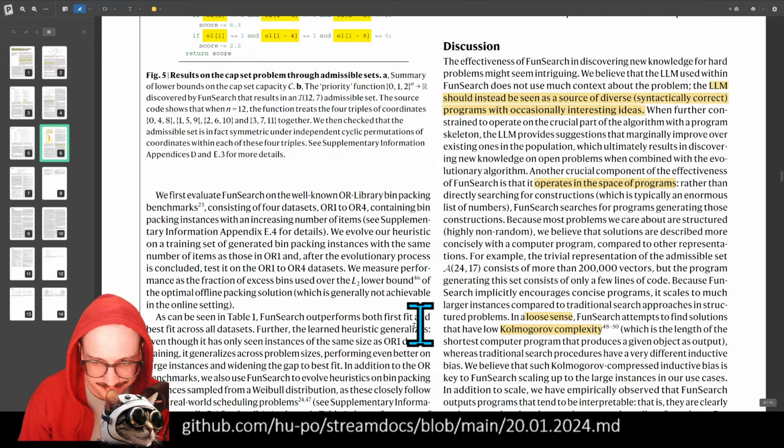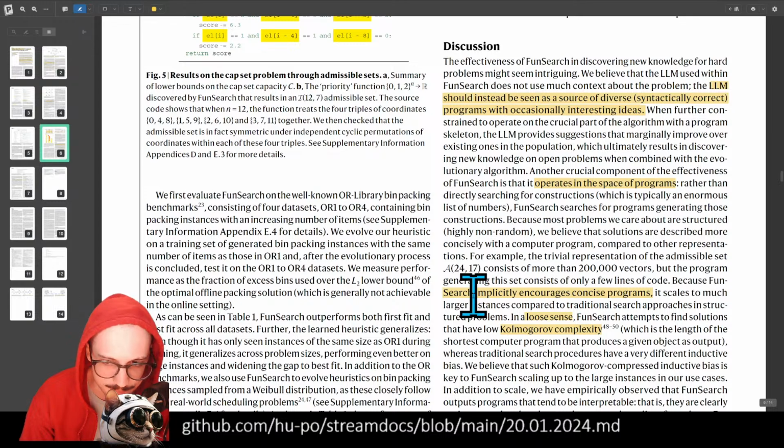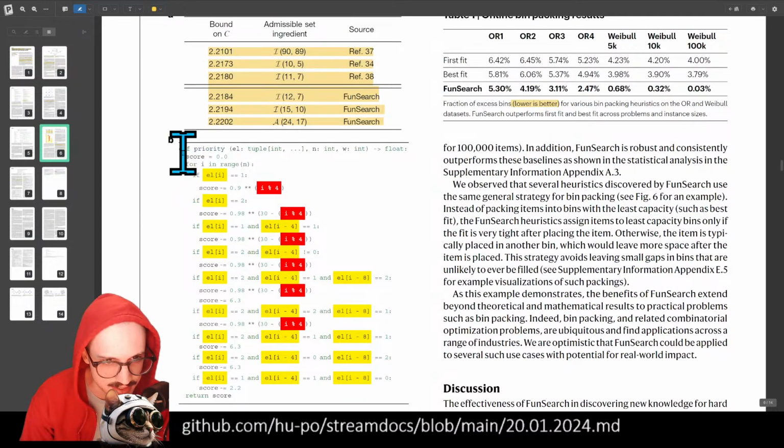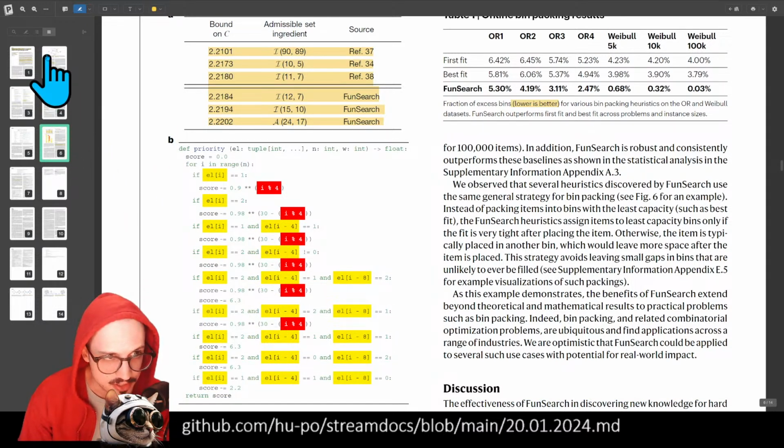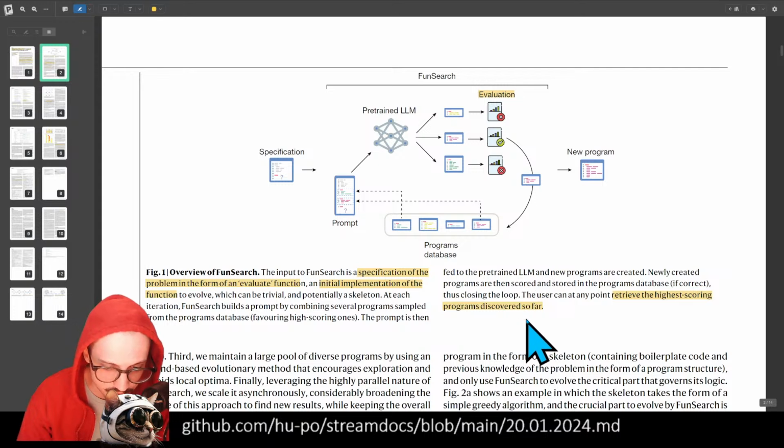But search implicitly encourages concise programs. Yes, but no, right? Because think about this. Is this a concise program? Right? Not really, it's not very concise. So I think that sure, search